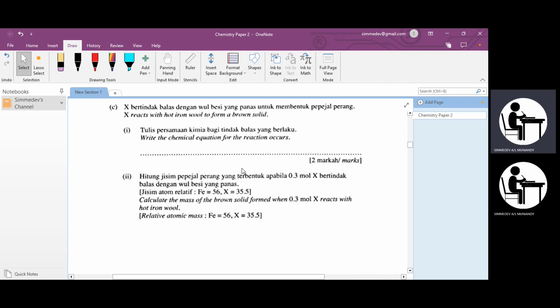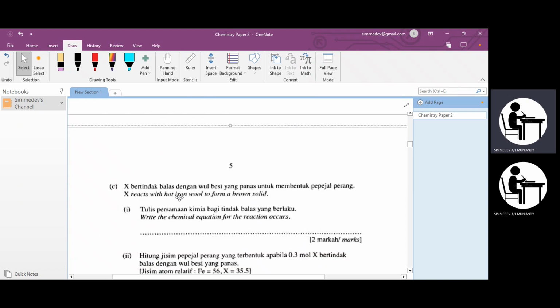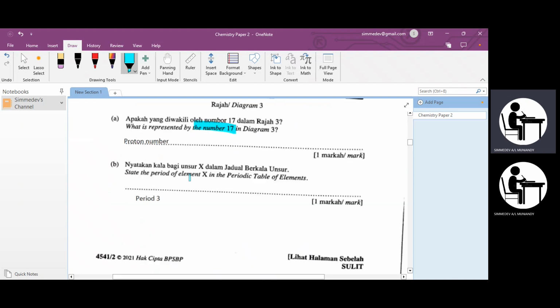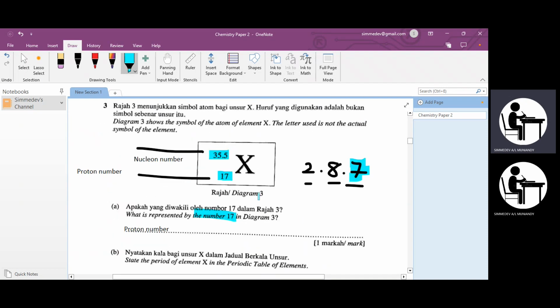Write the chemical equation for the reaction that occurs. Okay, X reacts with hot iron wool, producing a brown solid. X is from group 17. So group 17 is basically halogen. The other name is halogen, and I believe that if you're a very good chemistry student, it's not exactly that you have to be good,